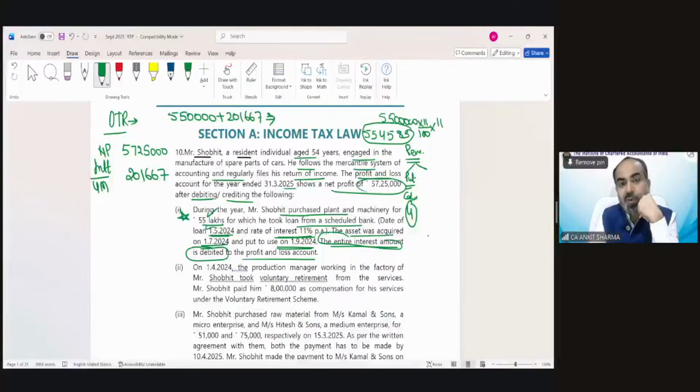So now we would be able to calculate depreciation on 57,01,667 value. This would be the value for the purpose of depreciation that we will claim later. Depreciation we will claim later, but this would be the impact of this point. So generally what happens, the later points, the additional points, are having tricky points. But in this question, the first point is the most tricky.